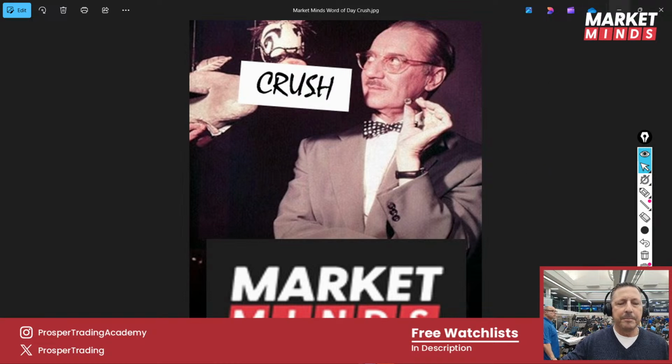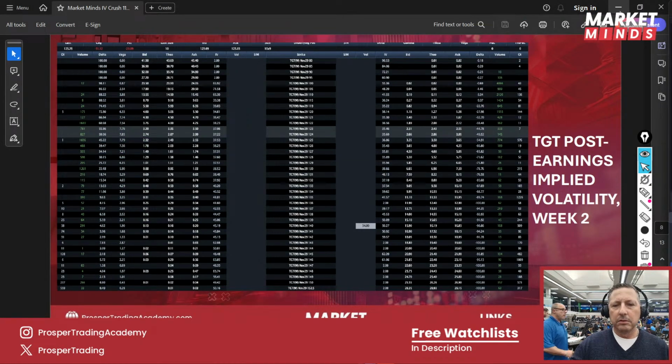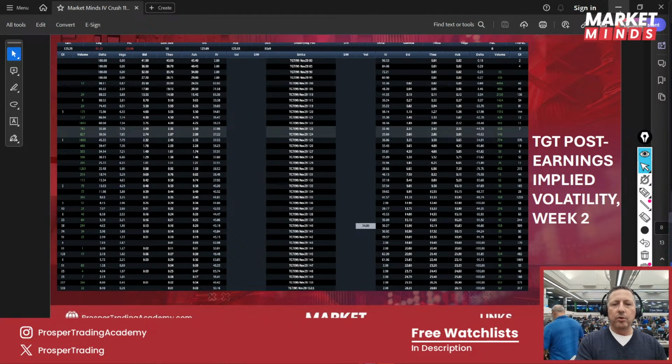It is imperative to know that it is going to happen, because if you don't understand that, when you put your potential trade into your platform and you get your P&L, you get your risk graph, if you don't have those volatilities adjusted in there, you might as well be closing your eyes and throwing a dart at the wall. Those numbers aren't going to mean anything to you about what that potential P&L is.